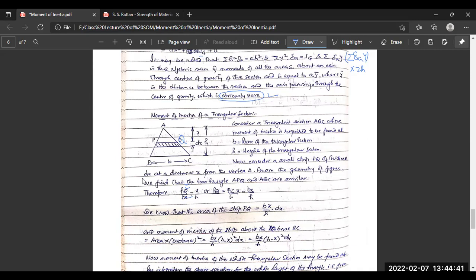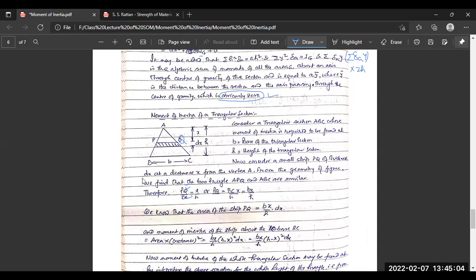Now the length of this strip will become B into x divided by h. BC is B, and x is the height divided by h. H is the height of the whole triangle. So now the area of the strip PQ will be B into x divided by h multiplied by the thickness